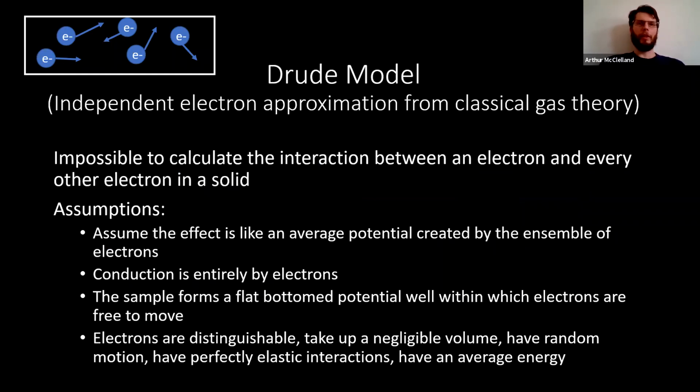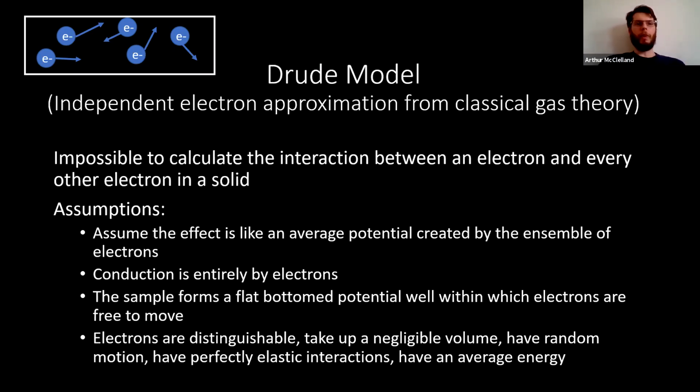Around the turn of the 20th century, Paul Drude proposed the Drude model, which is still widely used. You'll see papers saying, I invoke the Drude model for the rest of the paper. No one ever goes back and explains what the Drude model is, so I'm going to take a moment to try to explain that. So the Drude model is using classical gas theory. You're modeling all the electrons like a classical gas bouncing around in a box, and every electron is independent from each other.